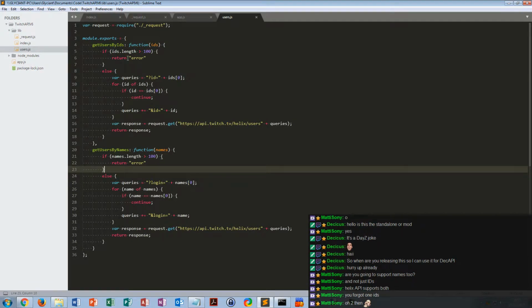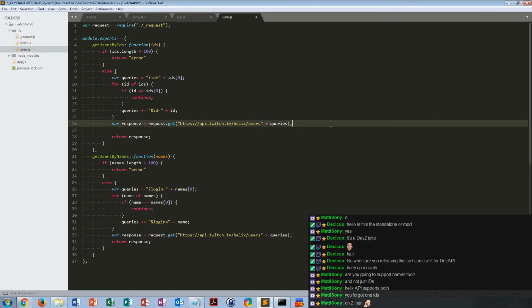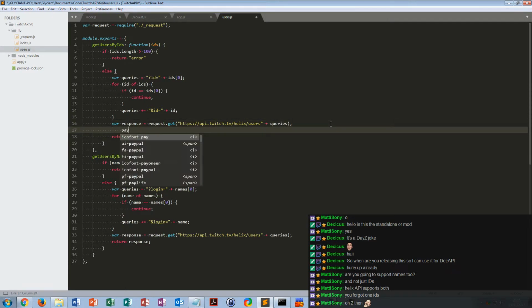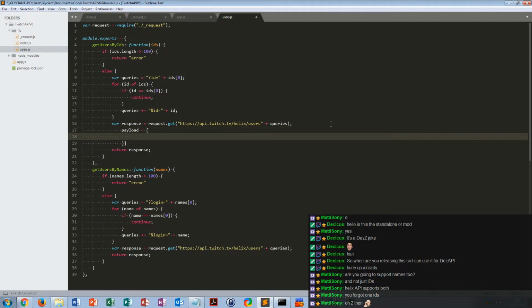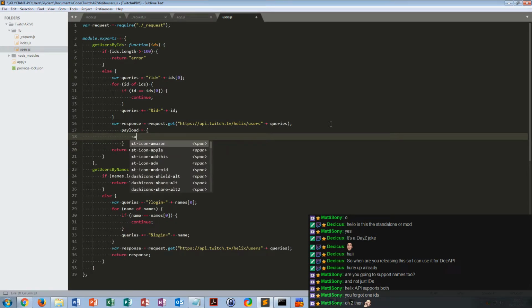So let's do it better than this, shall we? What I want to do is create, I suppose a payload is probably the correct word. That's exactly what I'm going to call it. So payload is just going to be a nice simple thing that's, you know, status